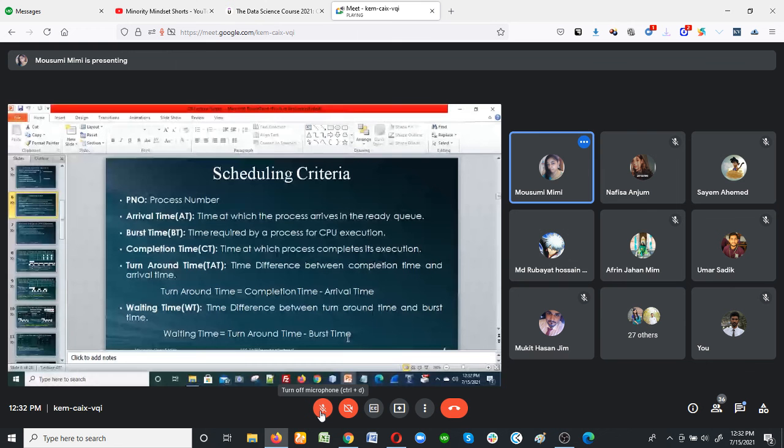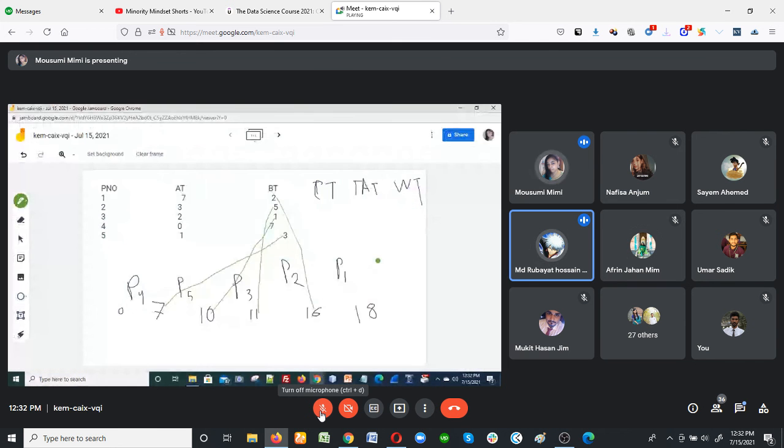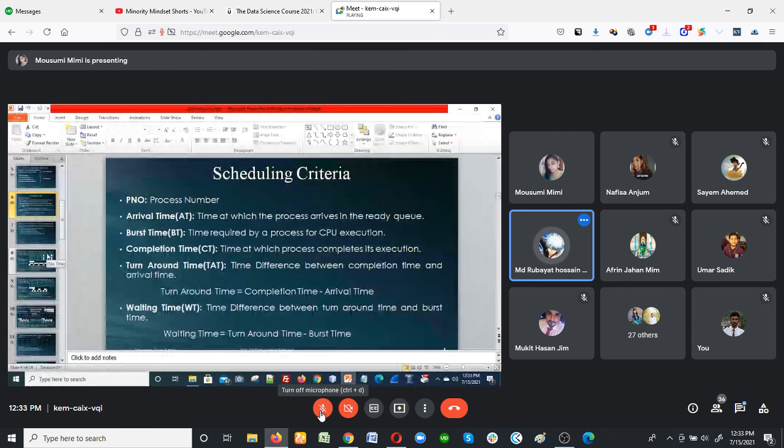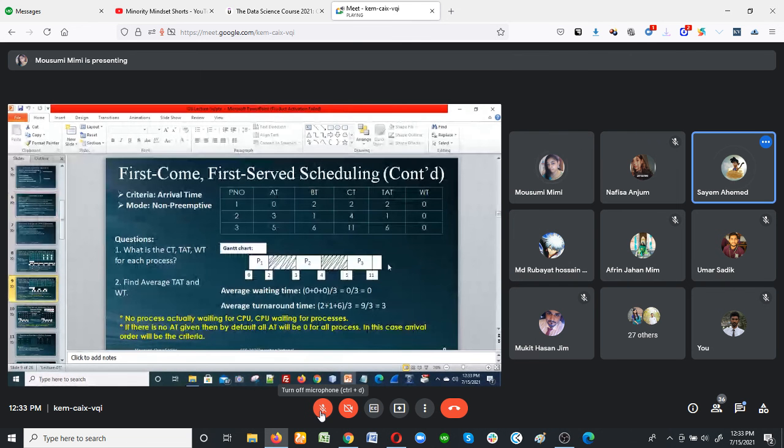Ma'am, I have confusion. You told us we have to add it in another way when there is no waiting time. Like in 5 seconds 5 processes come and the processor doesn't wait. Then burst time comes in a different way. If here there is 7, and if there was 4, then what would it be? If the arrival time is different, you have to do it this way.